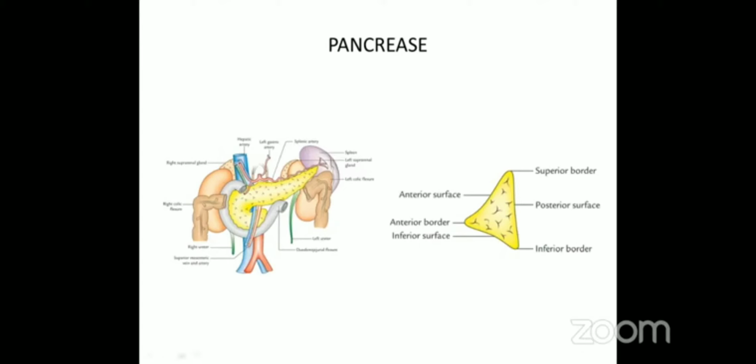One more important relation, the neck of pancreas posteriorly is related with portal vein. Formation of portal vein is behind the neck of pancreas by joining of superior mesenteric and the splenic vein. The superior border is related with celiac trunk, which is giving out branches, and mainly the splenic artery will run along the superior border and is tortuous in structure, because spleen is moving with respiration. It should not get stretched, so it is a tortuous structure. That is the splenic artery related superiorly.